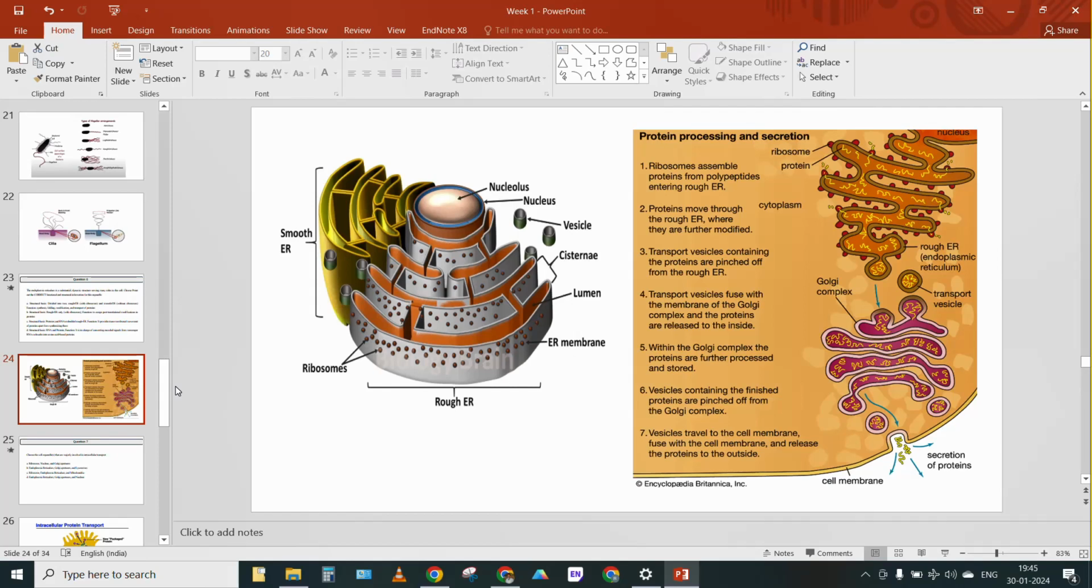Okay, sir. So the smooth endoplasmic reticulum lacks ribosomes and is involved in diverse metabolic processes such as lipid synthesis. So this is the rough endoplasmic reticulum as per option A, which is responsible for the synthesis, folding, and modification of proteins. On the other hand, the smooth endoplasmic reticulum is